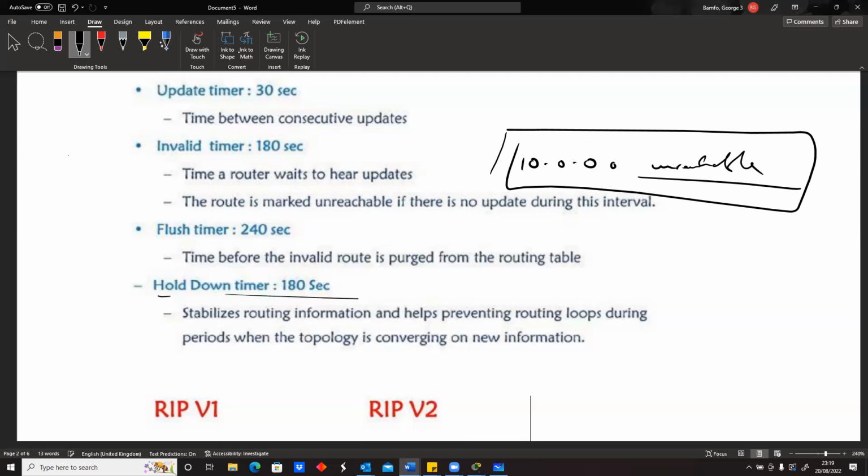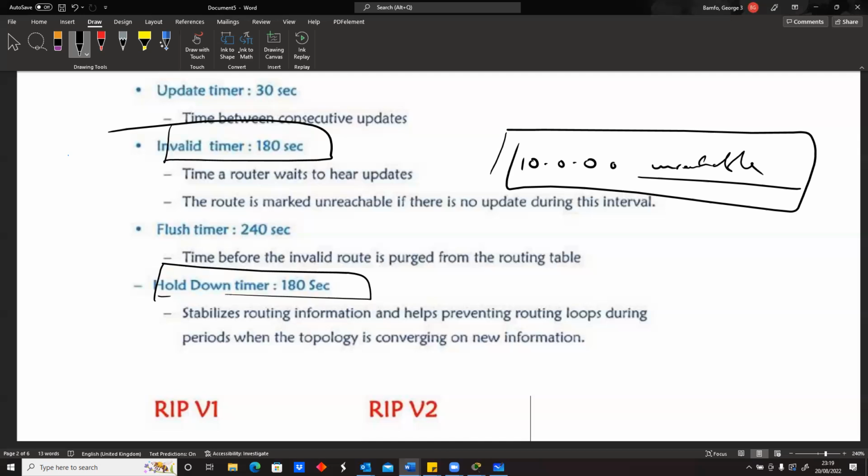But in 180 seconds, which is similar to the invalid timer, at that point, you expect that everybody who wants to tell you something has already told you something. And so if you've learned about something and in 180 seconds you still don't hear about that thing again, then there's what we call the hold down timer. It means that it will take 180 seconds for every new network to be